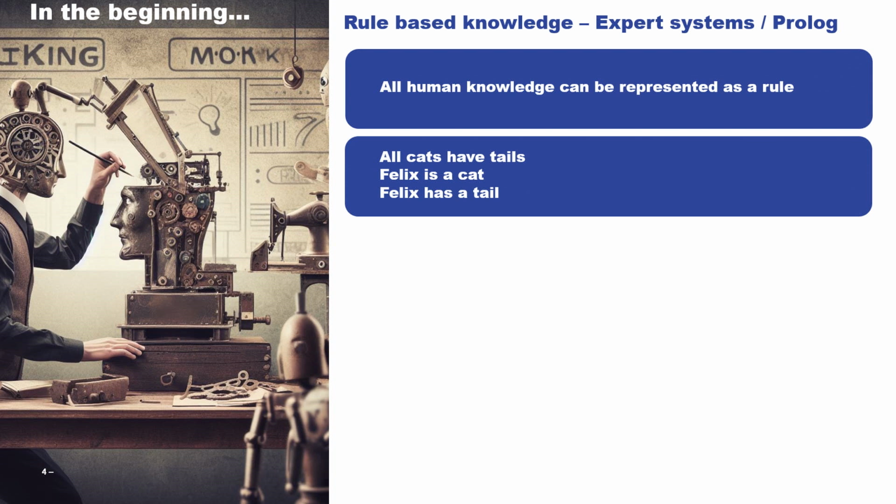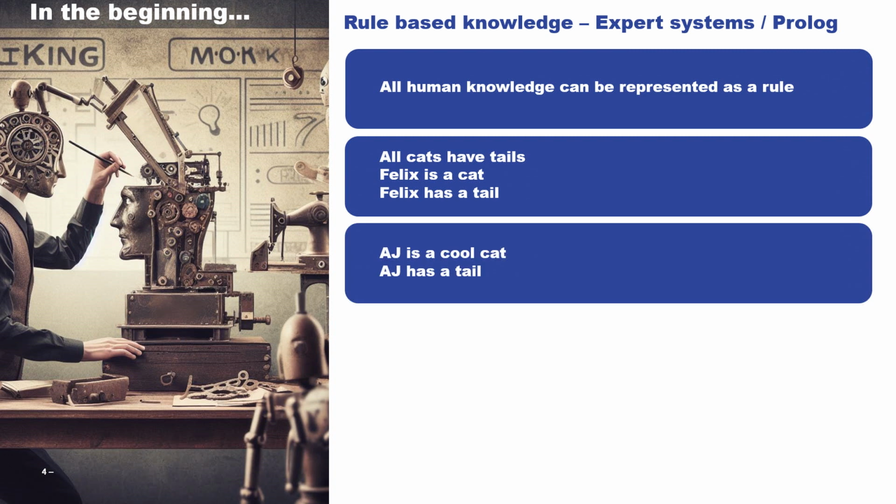It gets a bit more complicated if, for instance, Bex says AJ is a cool cat, and he is. Does that mean that AJ's got a tail? I don't think it does. I didn't check properly, but